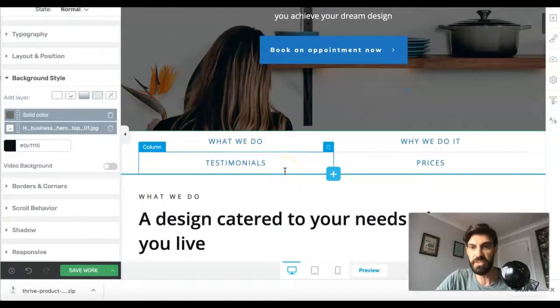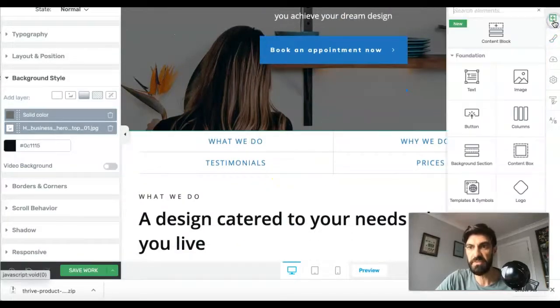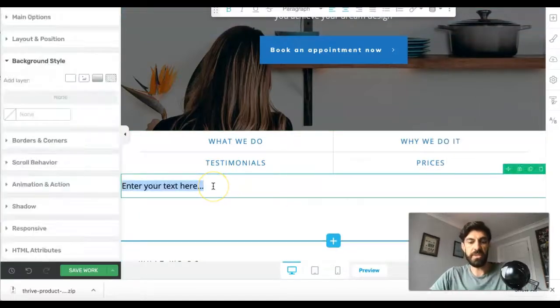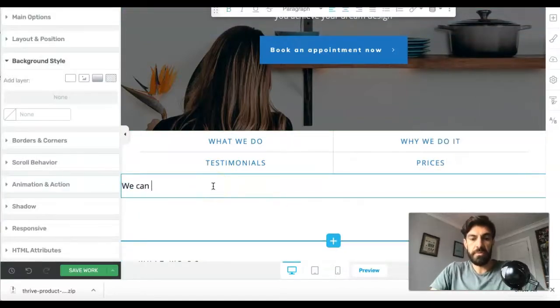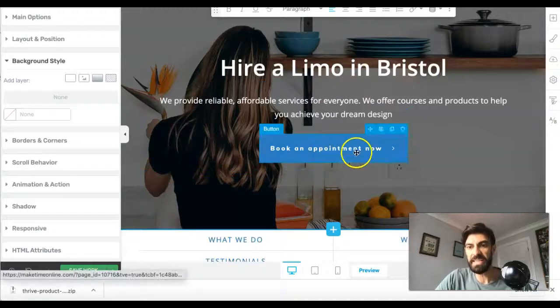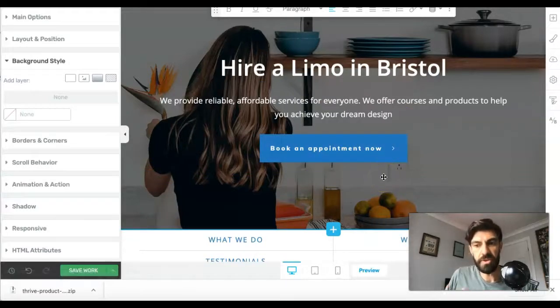It's unreal, and you can literally just, if there's anything that you want to add in, I can just add text wherever I want. So if I want to add a bit of text here, just to explain. Whatever you want to do, and in here it already has things that are actually, it's all conversion focused, Thrive